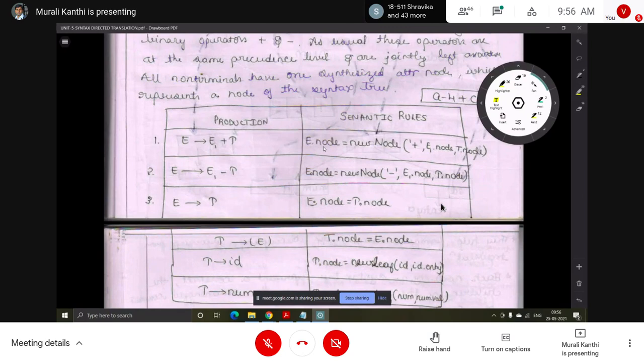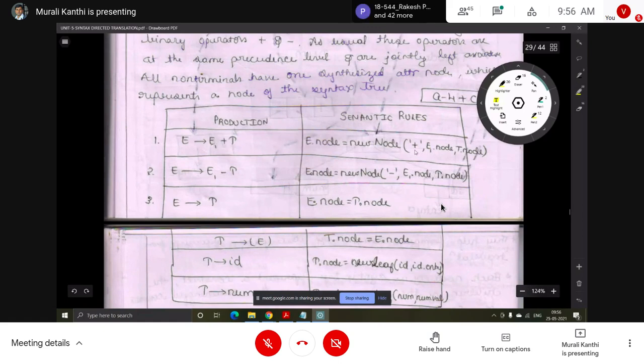But here, in the tree construction implementation, we create a node, like a linked list. Each and every non-terminal is considered as a node. E is a node, so E dot node equals new node. Create the new node using the node function: a plus operation between this operand and this operand.